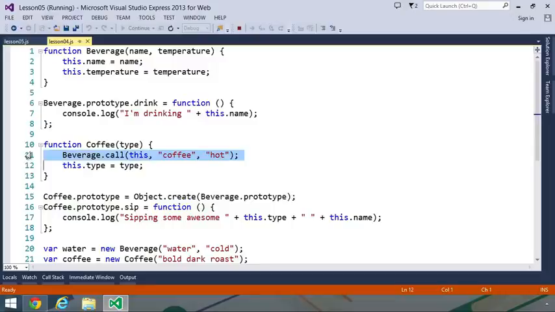jQuery has a method called extend, where you supply a target object, let's say person.prototype, and then you can specify multiple objects that you want to use that add functionality to our target object. So for example, we want to add the speaker and the mover functionality to our person, so we could pass speaker and mover. And we could do the same thing for dog.prototype. We would just need to replace person with dog. So let's move these two lines of code to the end of this file,